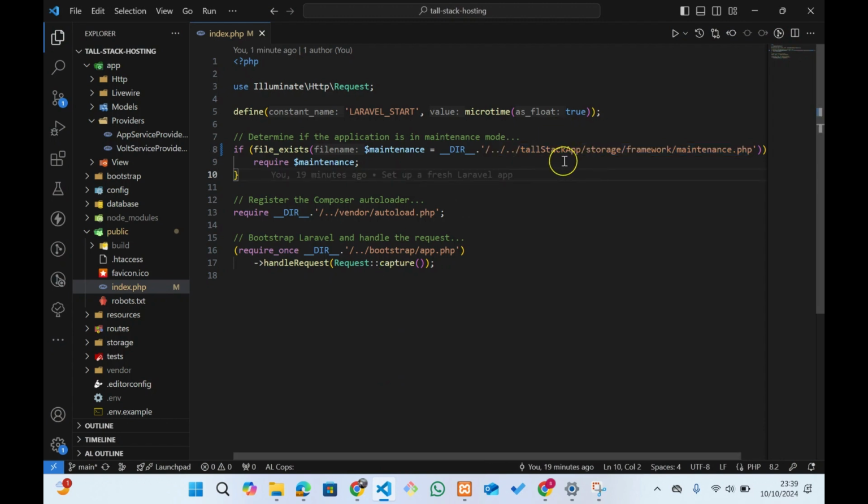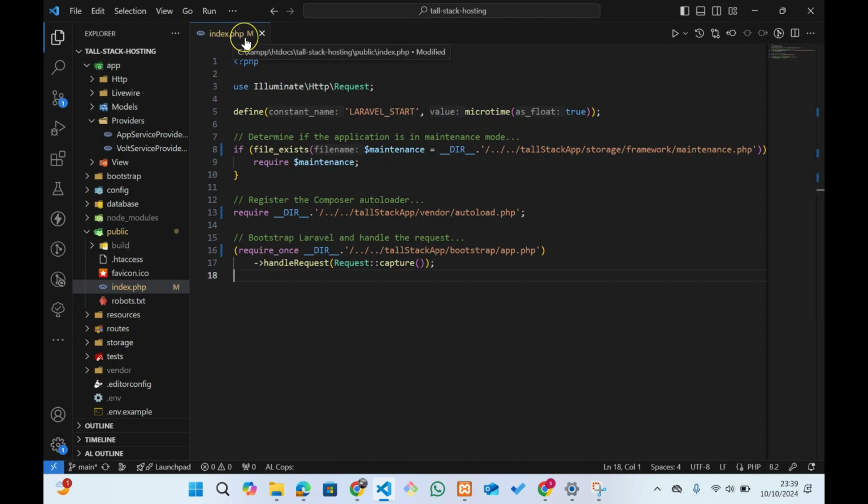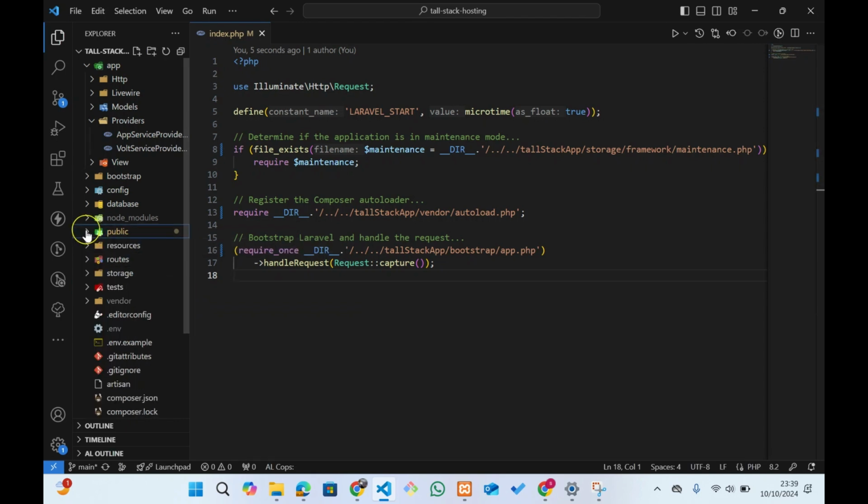So for that, simply because we've already got the right path here, let's update it to vendor right here. So let me update right here. It should be like that. And then to bootstrap also, we'll need to reference it this way. Okay, so this is all about index.php, which is right here in public. Okay, so after that,